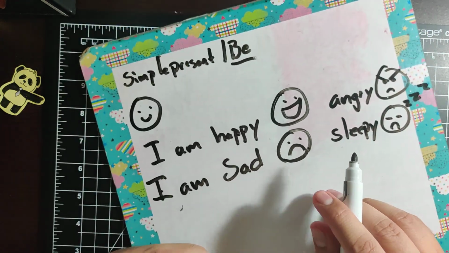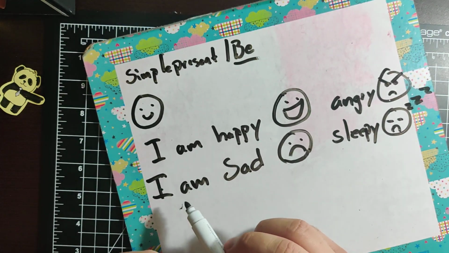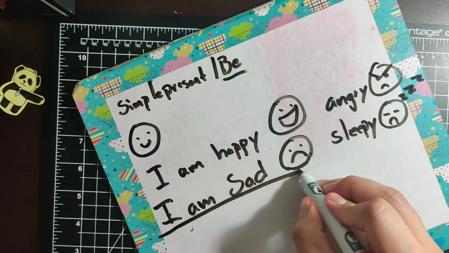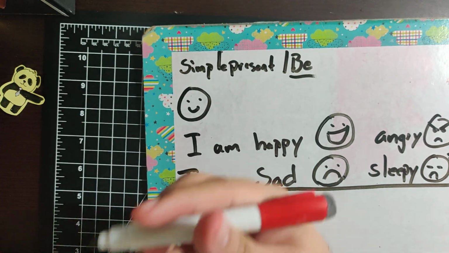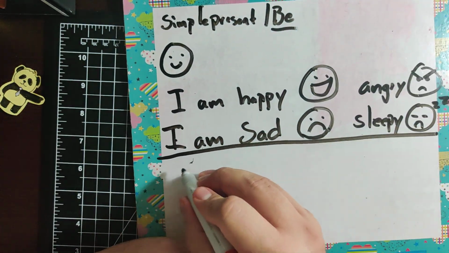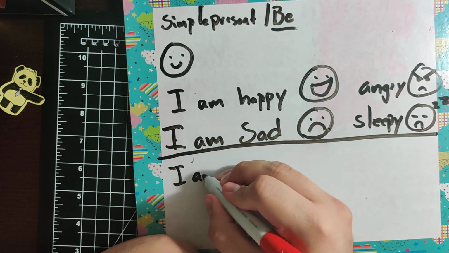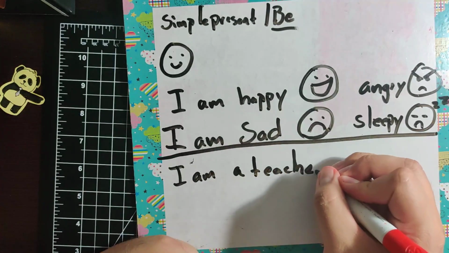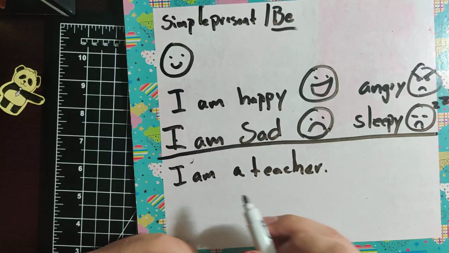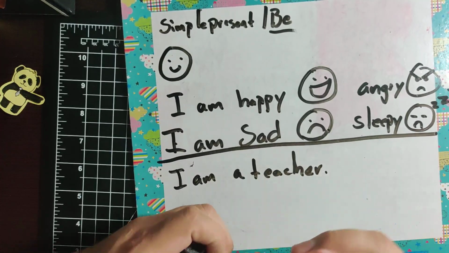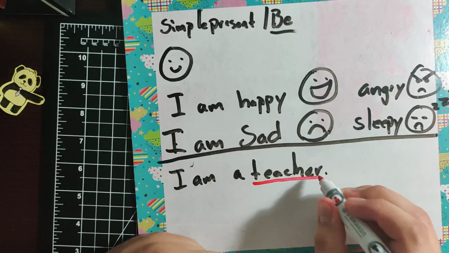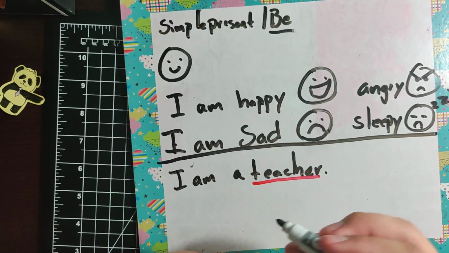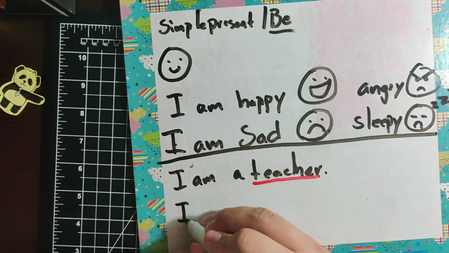Now, tengan en mente que también, alright, se puede usar para trabajos. For example, for me, that I'm doing this, I can tell you, I am a teacher. Okay? I am a teacher. As you can see, here we're using my job. Ya estoy diciendo donde trabajo. También puedo usar esto to say, I'm